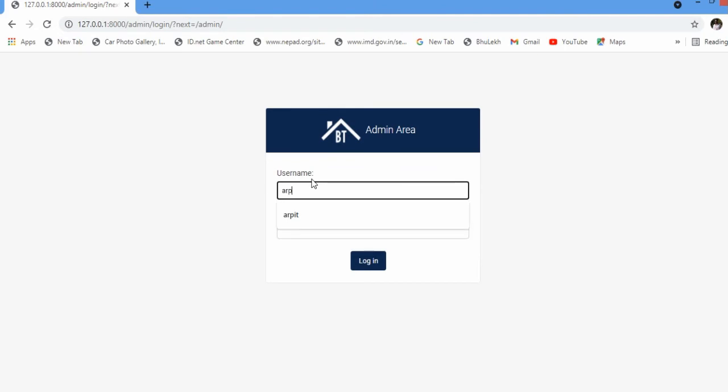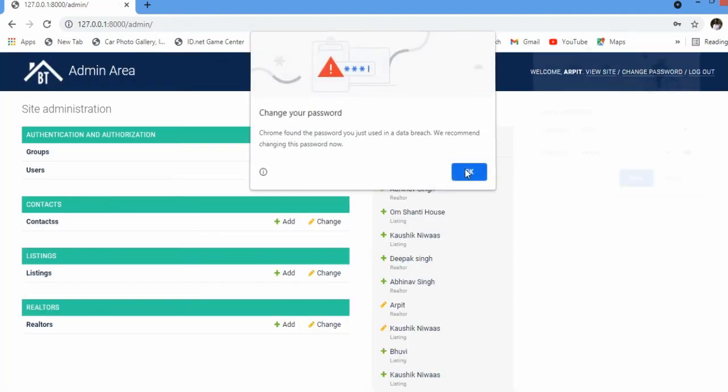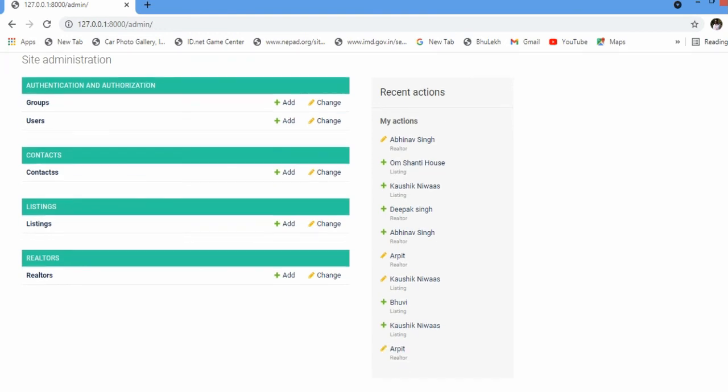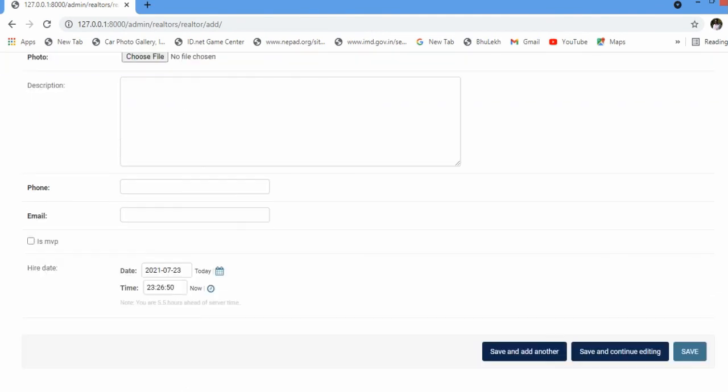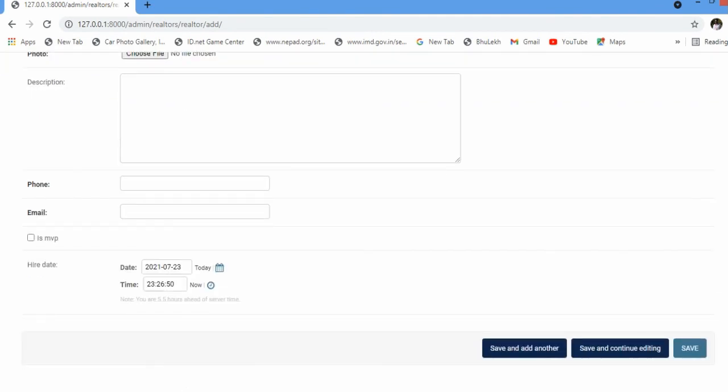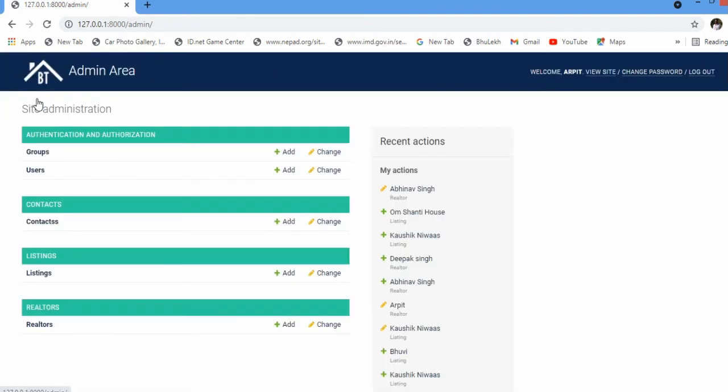Admin simply has to first log in, and by this he has to first add a realtor. He has to first become a realtor. Click on the realtor, and he just adds his information, and then clicks on the save button, and after that he becomes the realtor, and after becoming a realtor only he can add listings.